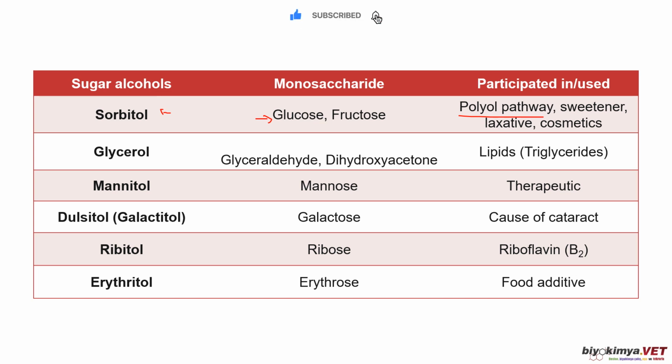In the body, glucose reduction is not the main pathway of glucose metabolism. So the polyol pathway is not the main metabolic pathway for glucose. However, in diabetic patients with high blood glucose levels, one third of glucose may pass through the glucose reduction pathway, and this depletes some components and eventually leads to cell damage. Aldose reductase is the first enzyme in the sorbitol pathway, or shortly the polyol pathway,